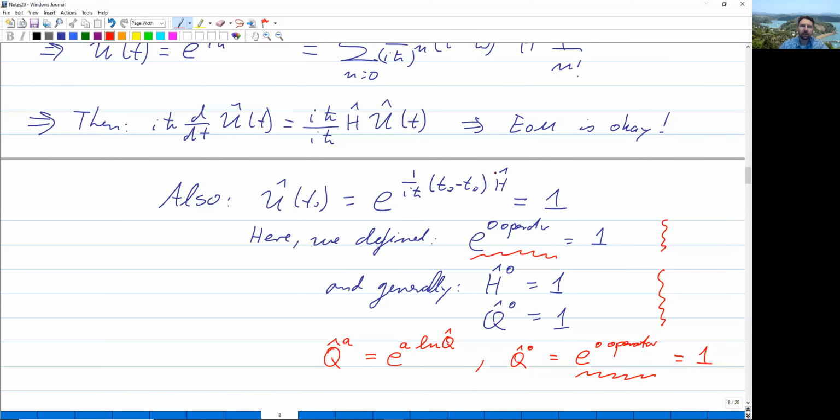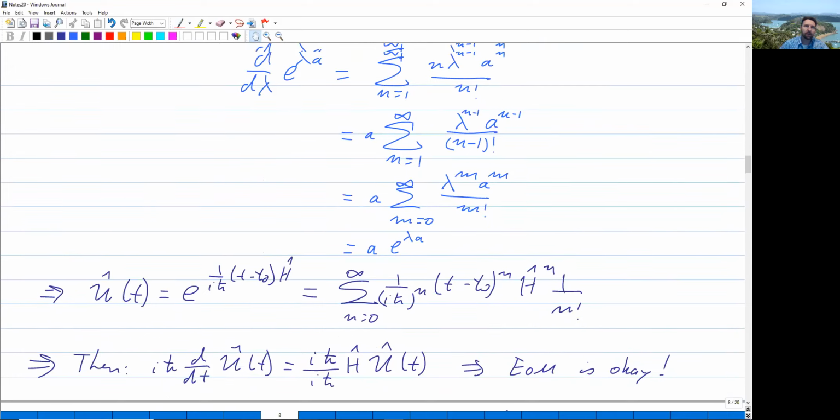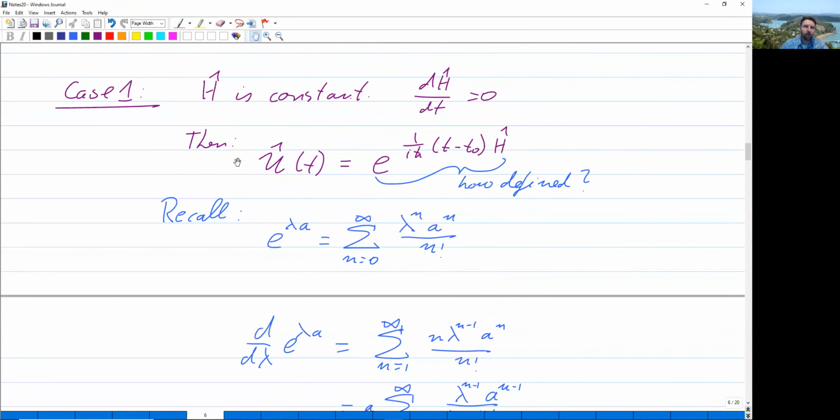Okay, but what was the point of the exercise that we just did, of the calculation that we just did? We wanted to show that u hat of t naught is indeed the identity matrix. That was the initial condition. So therefore, initial condition, okay. So what we showed is that, in the bigger scheme of things, we showed that in case 1,